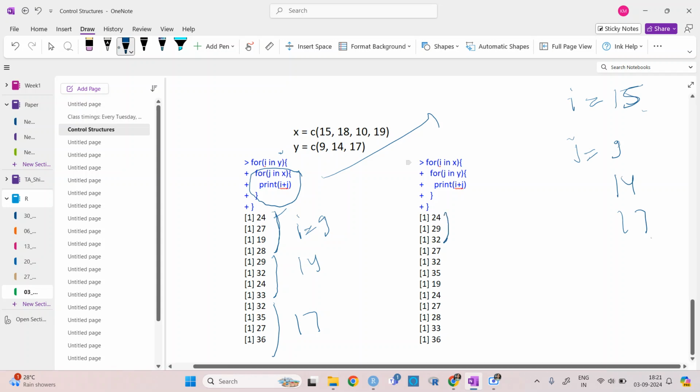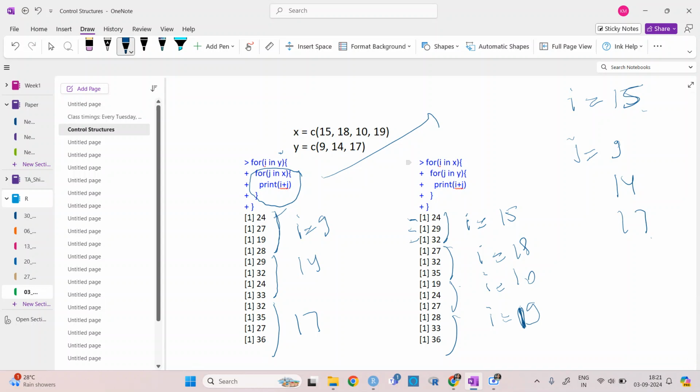So this one is for I equal to 15, this one is for I equal to 18, this one is for I equal to 10, and this one is for I equal to 19. Right? And for j, it is changing like 9, 14, 17, 9, 14, 17, and so on, while the other one is changing like 15, 18, 10, 19, and similarly.